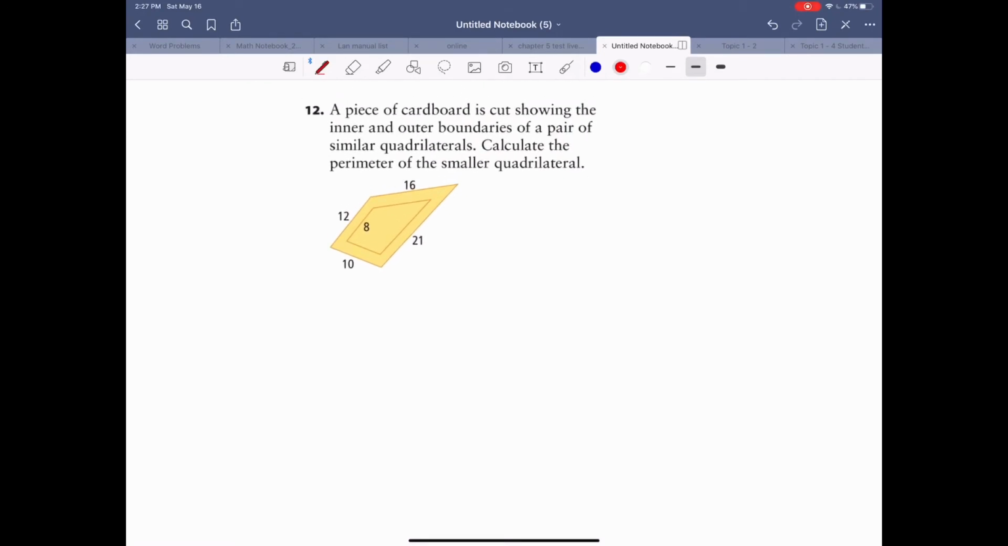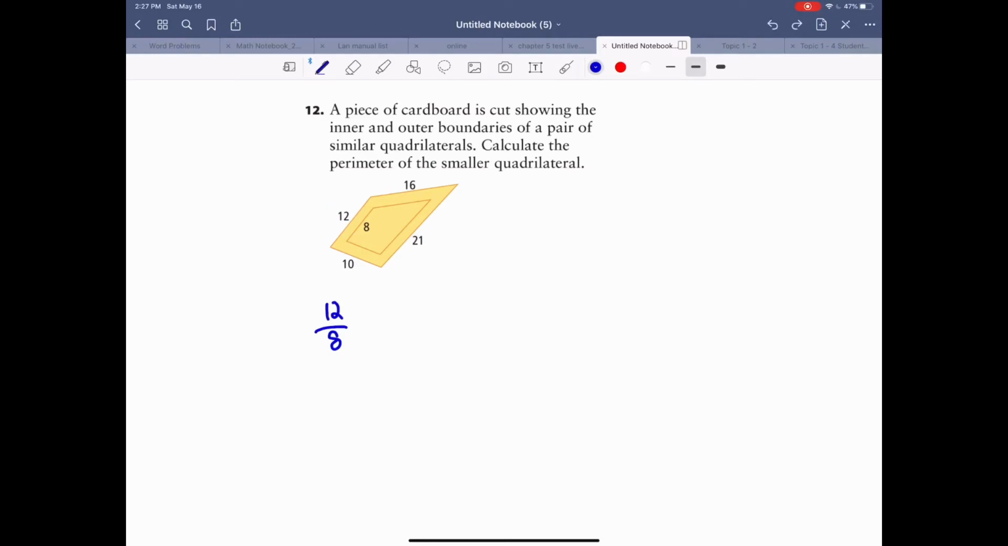These two shapes are similar shapes. So the angles are the same. All the corresponding angles are the same, but the lengths are in proportion. They're in the same proportion. So if 12 over 8 is the ratio between the corresponding lines, then all of these unknowns, let's label them